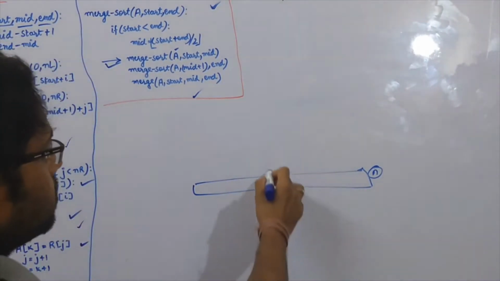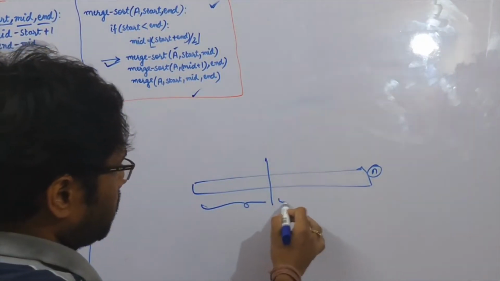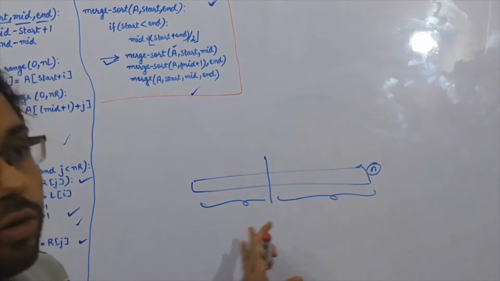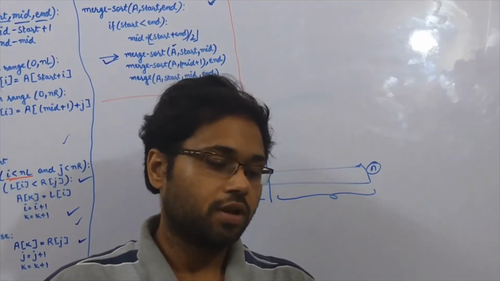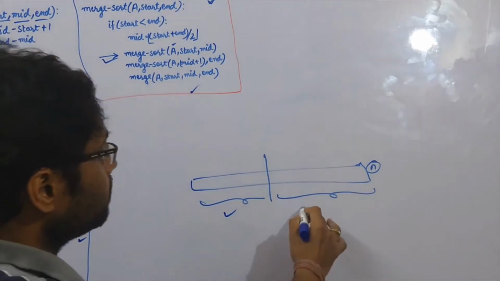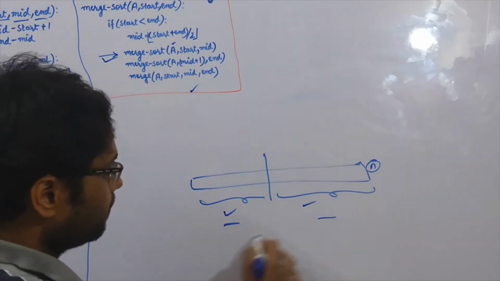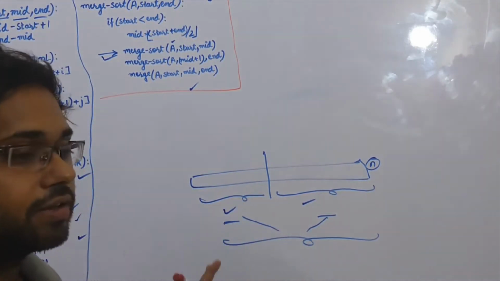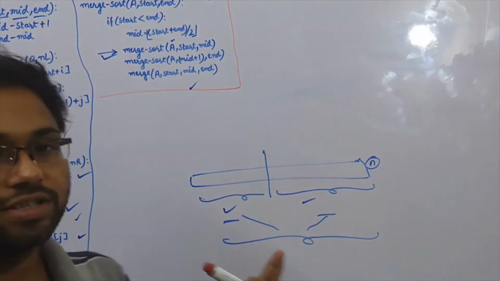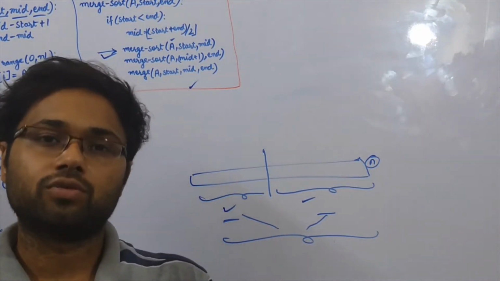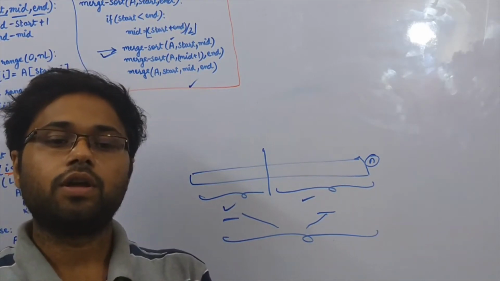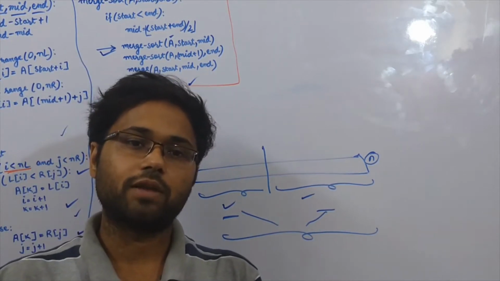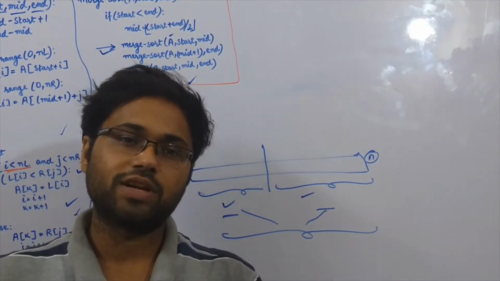What we will do in the divide and conquer approach, or in merge sort, is break the problem into smaller sub problems and separately solve these sub problems. When these sub problems are solved, we will merge the results into one. So we will break the input in such a way that each sub problem is already solved, and later we will merge both the solved sub problems into the problem that can be solved by merging them.